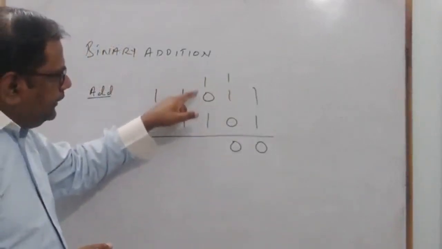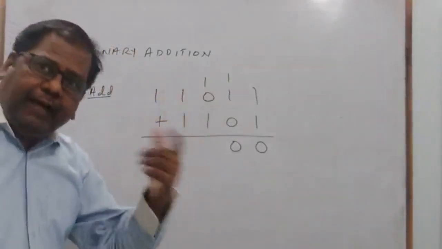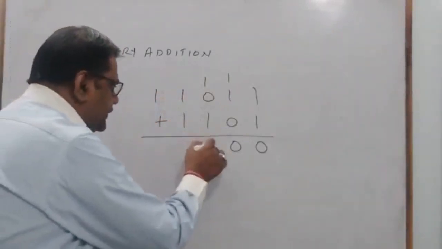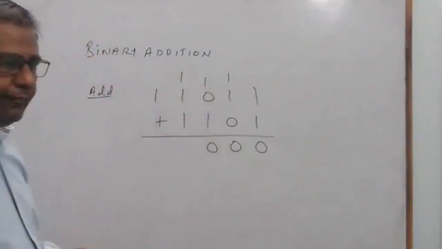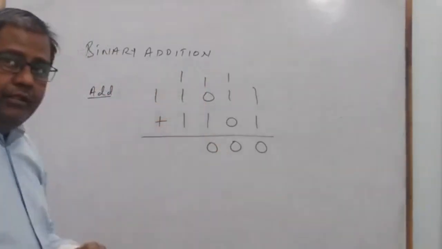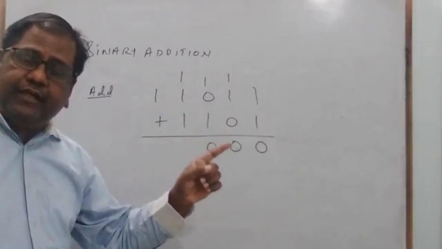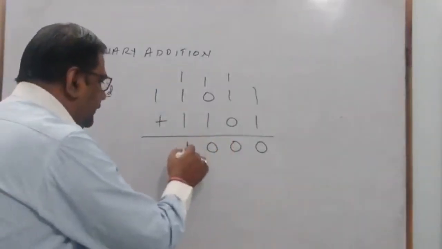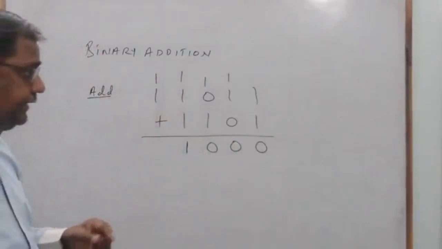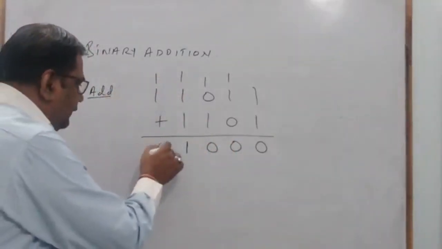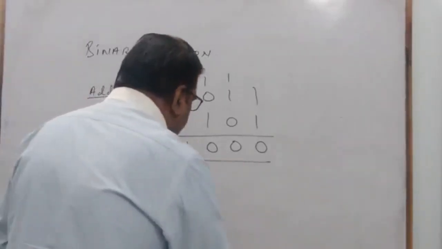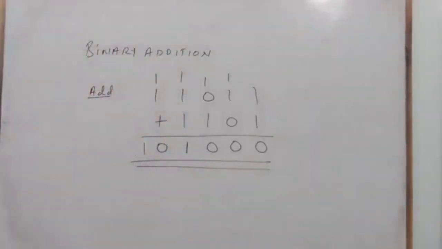Again 1 plus 0 is 1, and again 1 plus 1 in binary according to the rule will result in 0 and the carry will be 1. Now you have 3 ones. According to the rule, when we add 3 ones, what will be the result? 1, and 1 will be your carry. When we add 1 plus 1, the result is 0 and 1 will be your carry. That means the final answer of these two binary additions will be 1 0 1 0 0. This is how you find the addition of two numbers in binary.